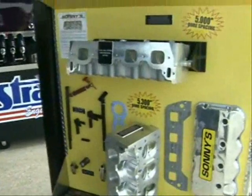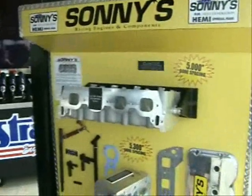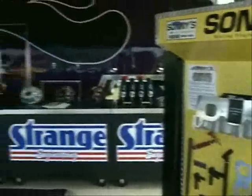He gets a lot of questions. He does about 25 different engine combinations from a 565 all the way up to a 940. And you see Sonny himself walking around the pit area drumming up business. And then today, what we're looking at, that's what it takes: the engine builders, the chassis builders out shaking hands, talking to the racers,